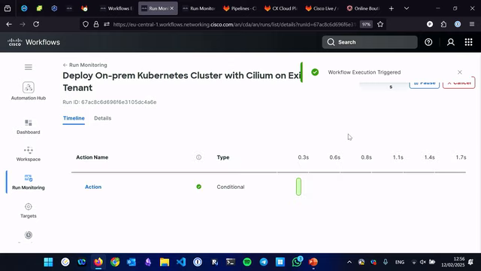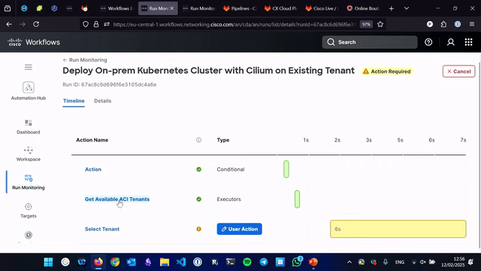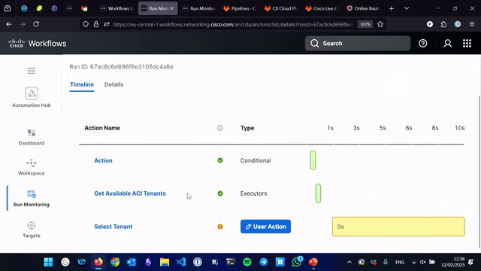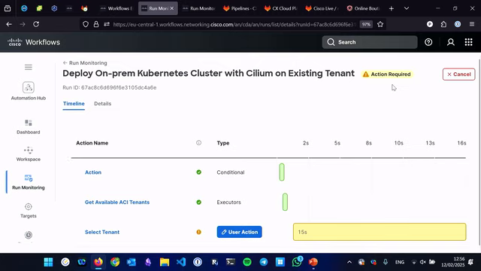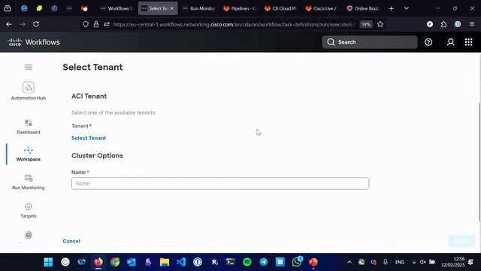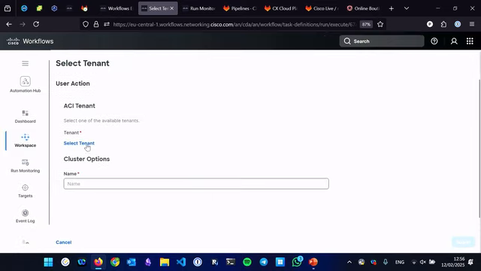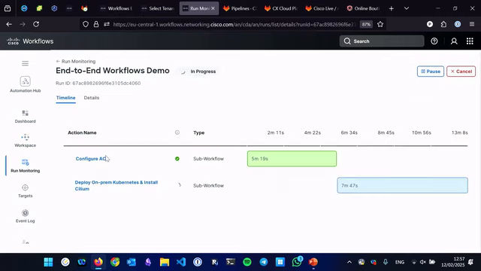We are executing this, and if we give workflows a moment, this is interesting. We are getting the information of the available ACI tenants, and now we are requested for an action. And literally the workflow, if you see here the yellow box, action required, the workflow is waiting until we come back. And now we have another little UI, which is asking us, okay, you want to deploy a cluster? We need an ACI tenant in this case, in this architecture that we have defined. But we are selecting that tenant from the existing ones.